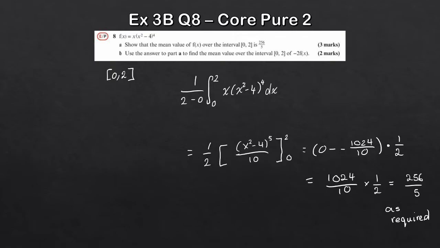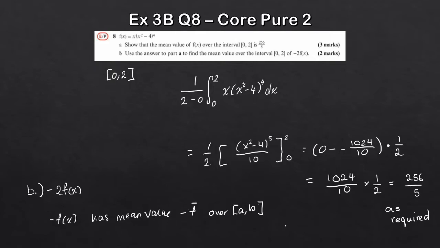So we're going to use the answer to part A to find the mean value over the same interval of minus 2f of x. So 2 marks, shouldn't expect too much, we should have enough room down here. So this is minus 2 lots of f of x. This is just one of these results that you just need to learn. So if minus f of x has the mean value minus f bar over the interval AB, then